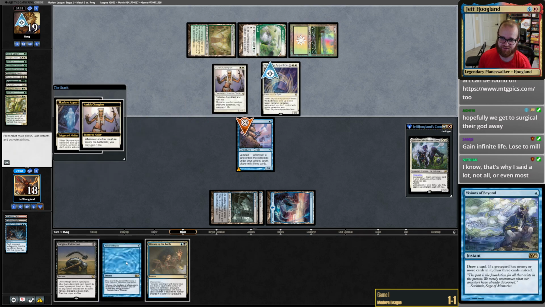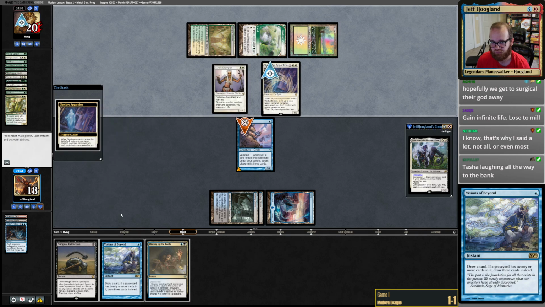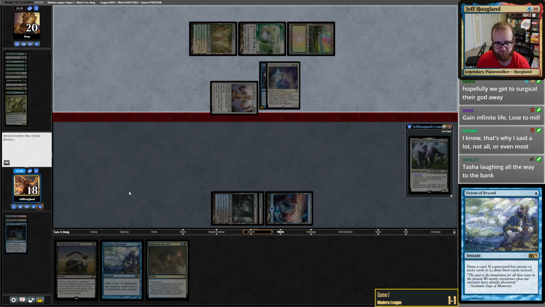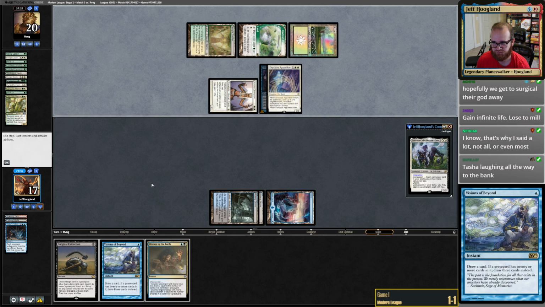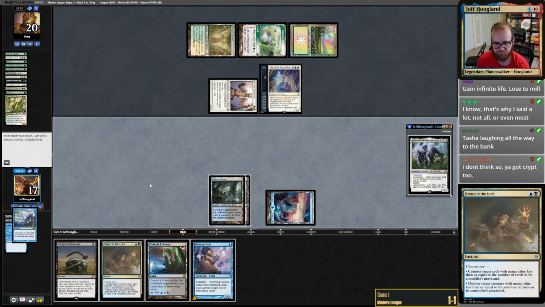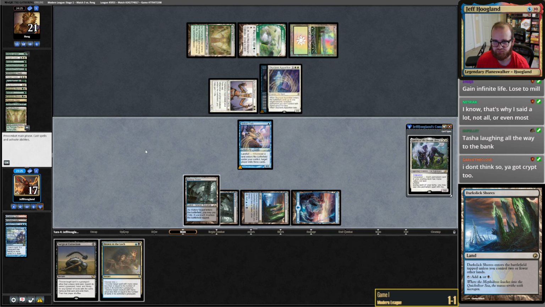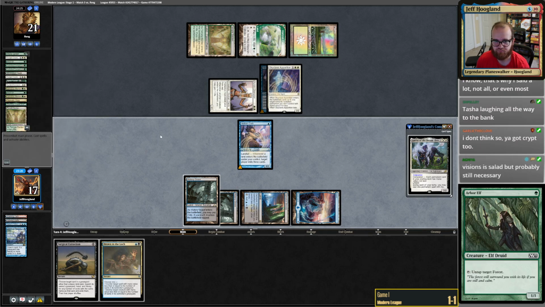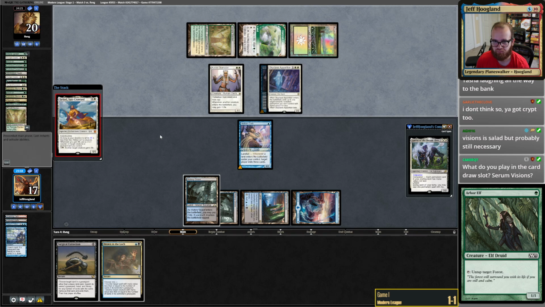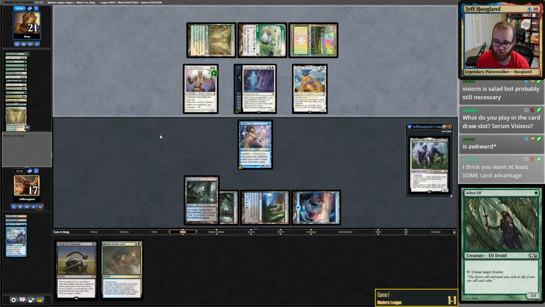You know, I'm honestly not sure that Visions of Beyond is a card that this archetype is supposed to be playing. With Hideous Laughter being one of your key mill cards now and it exiling, this card gets pretty significantly worse. What do you play in that slot then? I don't know. I don't have an opinion on that, but